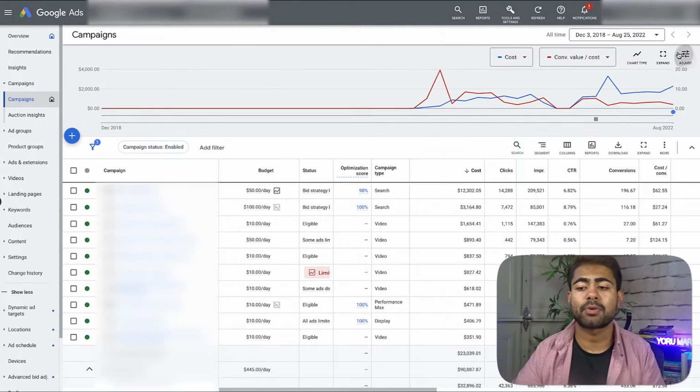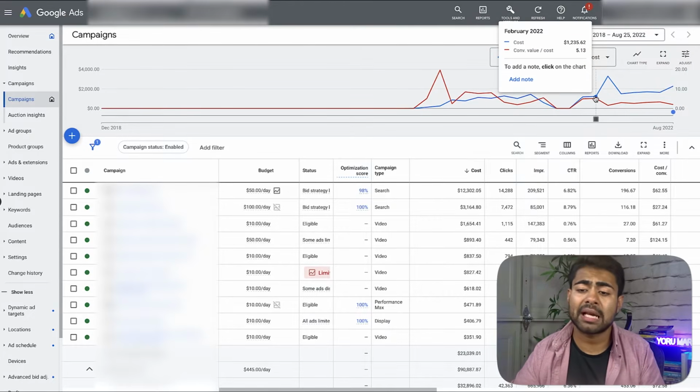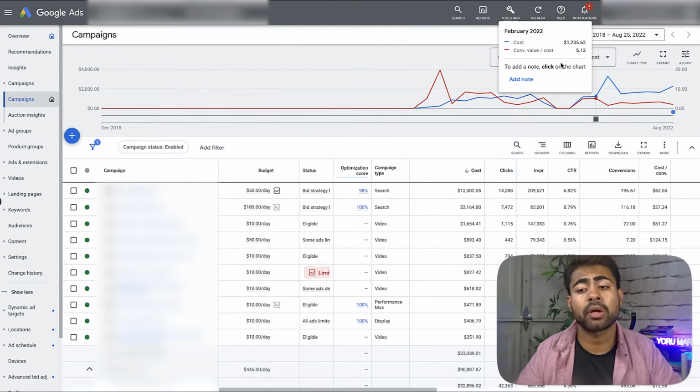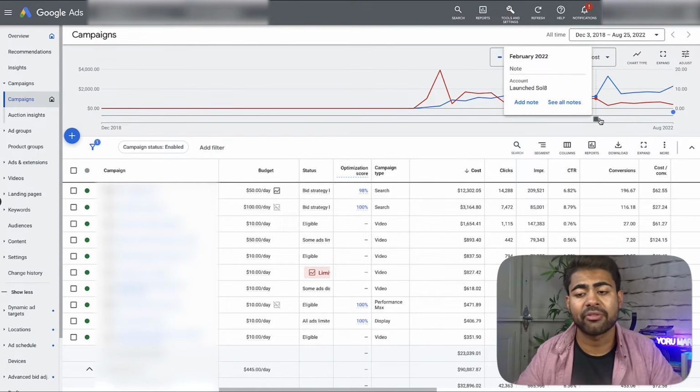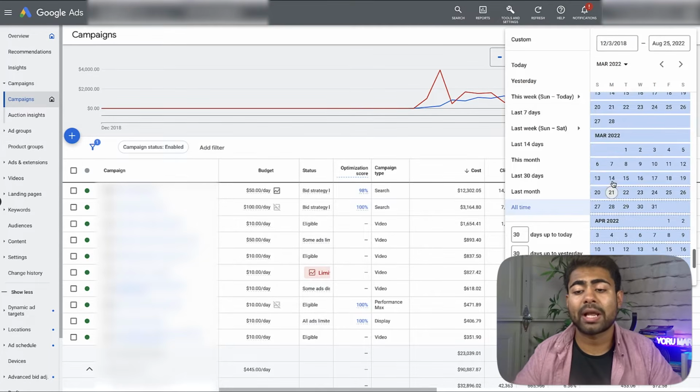So here we can see that results basically started to kind of go down after January and February. So that might kind of explain why the e-commerce brand owner decided to reach out to us. But even then, one thing you want to understand is there's a lot of external issues in 2022 going on, like the recession, that can also affect things like this. But now that we have a general idea of what is not working, what I like to do is basically